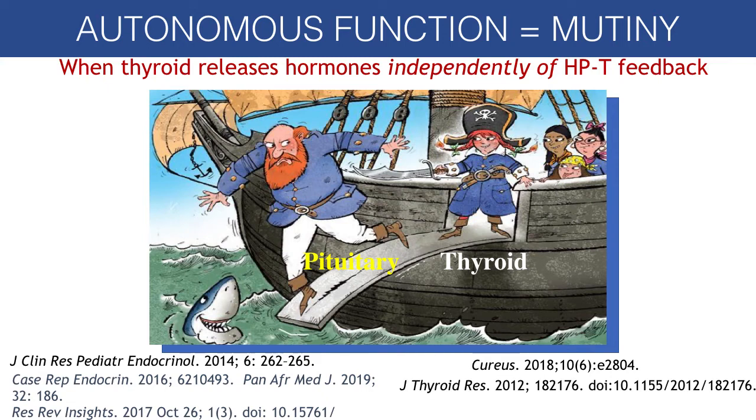These conditions can be difficult, but fortunately, the majority of patients do not have autonomous thyroid function, although it is certainly not an infrequent occurrence. We see this in situations such as toxicosis with Hashimoto's thyroiditis, what's called hashitoxicosis, as well as Graves' disease. There are also nodules that can be autonomous and do their own thing. So the situation of mutiny in the thyroid system creates a lot of problems, and that makes thyroid management difficult for some.